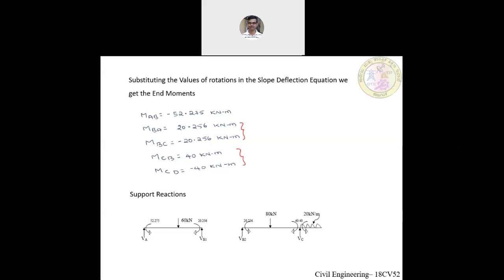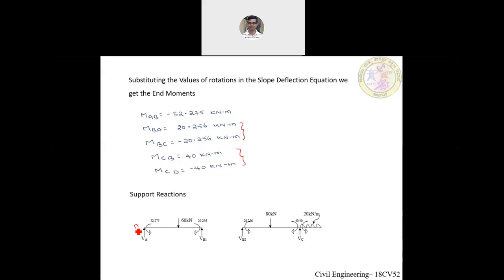Once we calculate the bending moment, we should also be in a position to calculate the support reactions, with which we can draw the shear force diagram. Now I can split the same beam as I explained in the previous example. I'll split this into two beams. In the first span, we'll consider both the end moments with the vertical reaction at A as VA and at